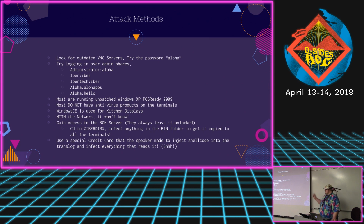You've got to understand, Aloha 6.7 is from like 2004, and they've just been continuously updating. It is technically end of life. What most people have been doing, especially with chip and PIN, is moving away from using the card readers on the terminals themselves and moving to external card readers, which have their own host of vulnerabilities. But for instance, gift cards, a lot of people don't consider gift cards PCI data, but